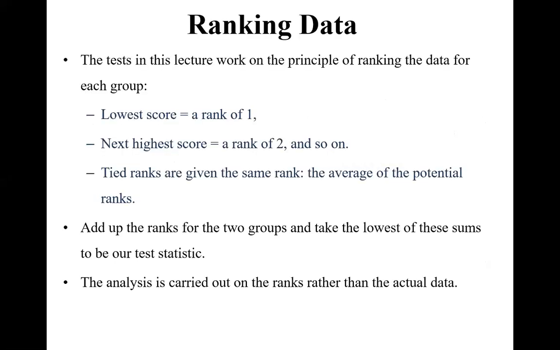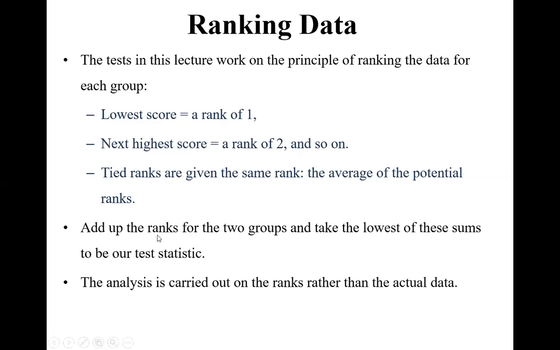Now, ranking the data. I was talking about how to rank our data, how to take the median value to test. The lowest score gets a rank of 1, and the next highest score a rank of 2, and so on. We are converting continuous data into ordinal, or ranking, data. What is the criterion? The lowest score gets rank 1. We are not giving the highest score rank 1, so keep in mind that the lowest score gets rank 1, the next highest score rank 2, and so on.